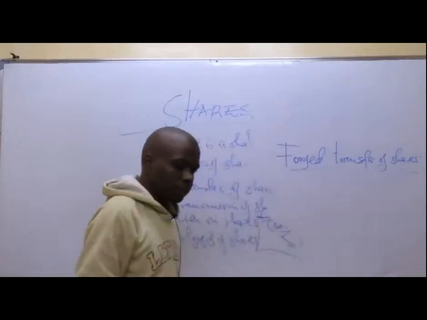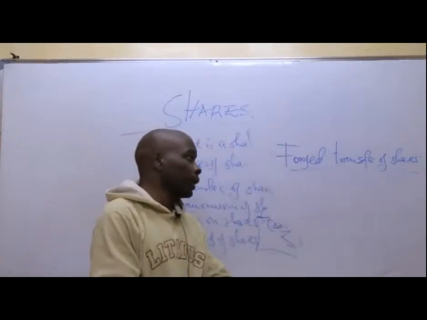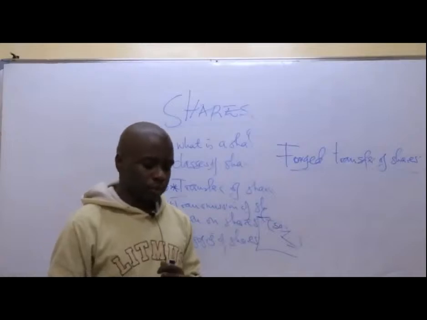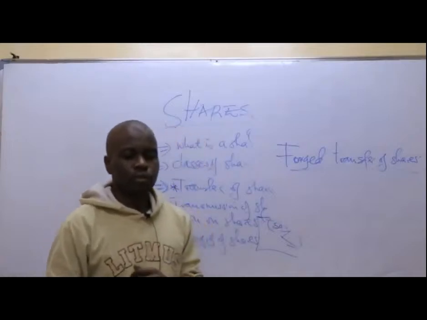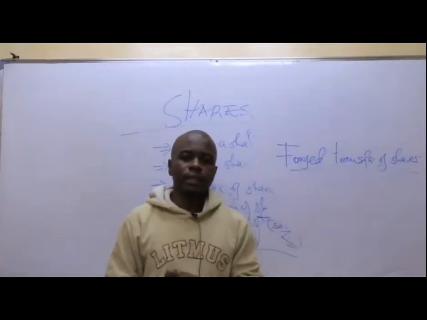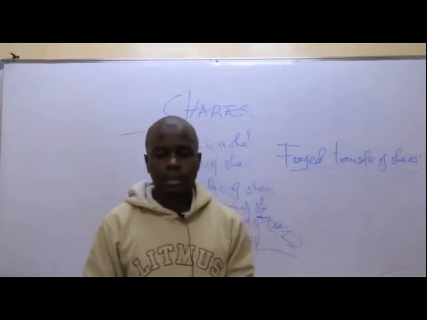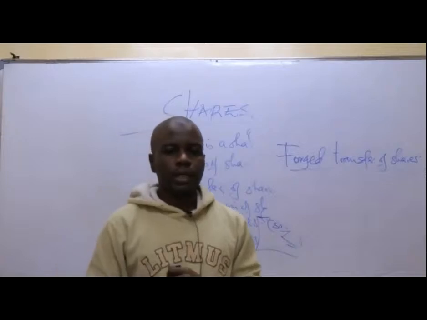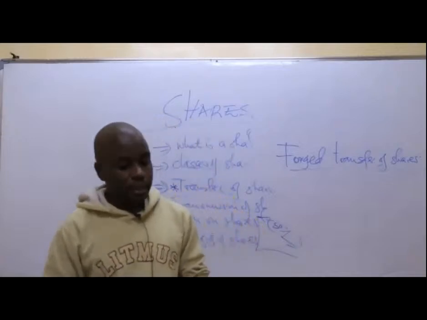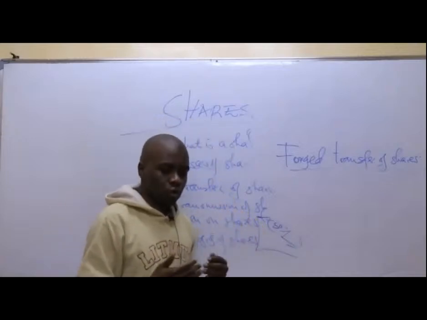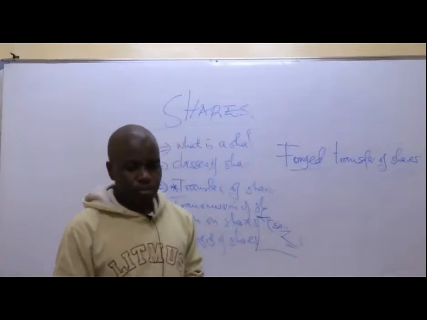When you talk about a forged transfer of shares, as I've told you, under transfer of shares there is the key instrument used to transfer the shares. That is the share transfer form. On this form there will be the signature of the transferor and the transferee. So if it happens that the signature of the transferor, for example, is forged to enable the shares to be transferred,